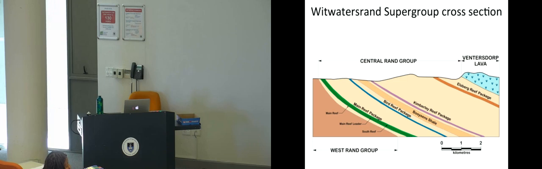What does that? Rand. Okay, well, Rand is an Afrikaans word which means ridge. So Witwatersrand means ridge of white waters. And the gold-bearing reefs form ridges. So around Johannesburg, the various ridges like the Hospital Hill group form the ridge. And because these ridges had the conglomerates which had the gold, that's why our currency is called the Rand as well. It all goes back to the history of this part of